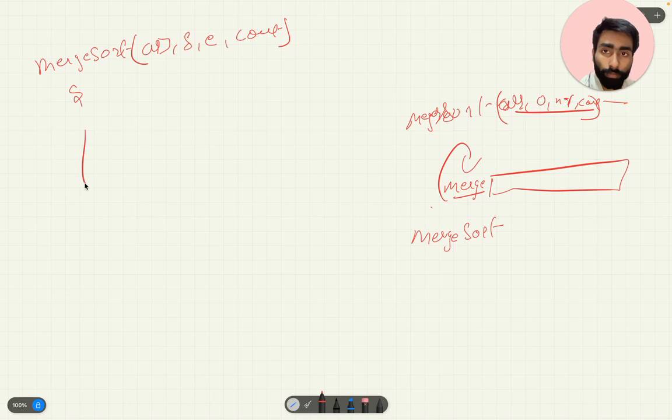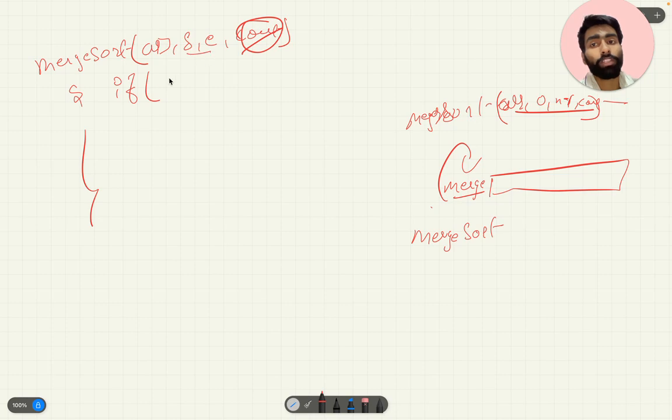This is not mandatory, it is for this specific case. Here we will first check for a base case, as in merge sort we use recursion, so the base case becomes necessary to check first.